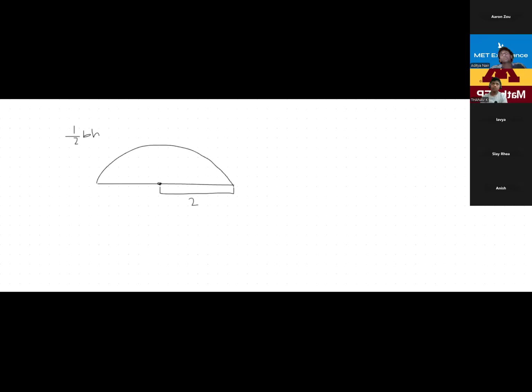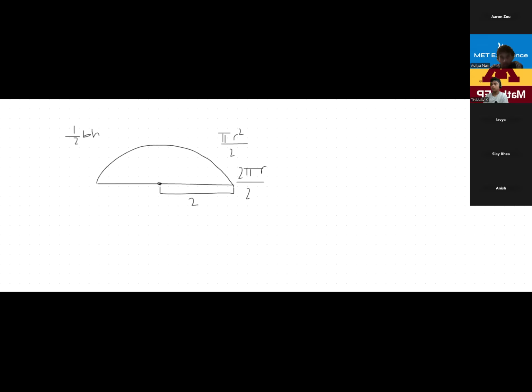So any of your answers you get, you would just divide that by 2. So in this case, pi r squared over 2, or 2 pi r over 2. That would be your answer. If it's a semicircle, if it's a quarter circle, if it's a third circle, that's all that changes. All you do is just divide by however much it is. That's a really good question. Thank you for asking.